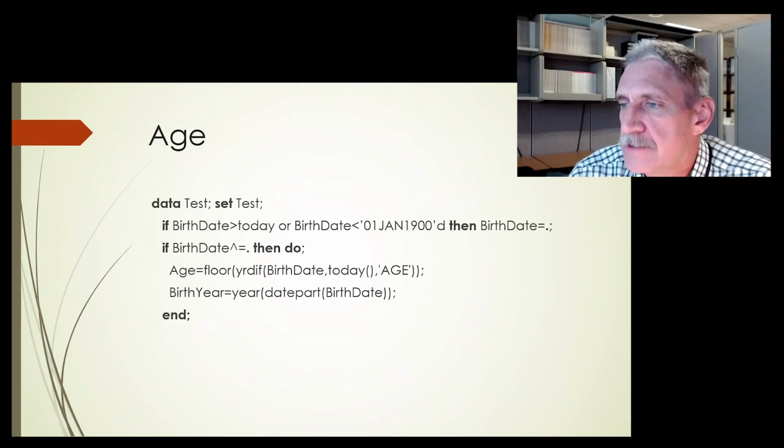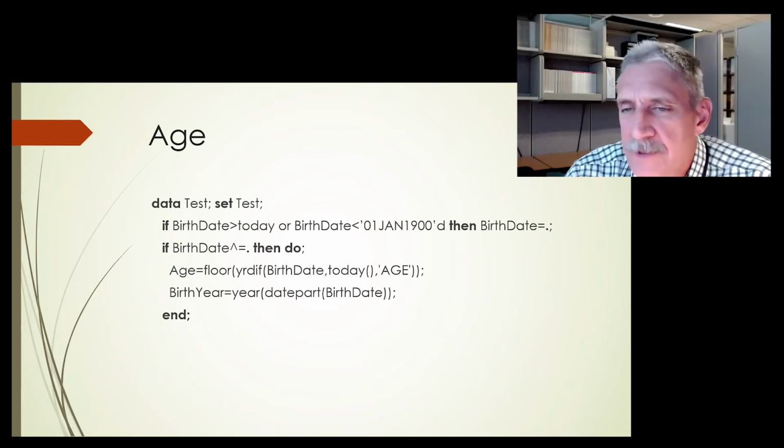Age. Here's a very common one. You get birth date. You need to correct it first. If birth date is in the future, you know it's bad. Go ahead and just reset it to null. If the birth date was before January 1st, 1900, which is my standard cutoff right now, you say, well, that's